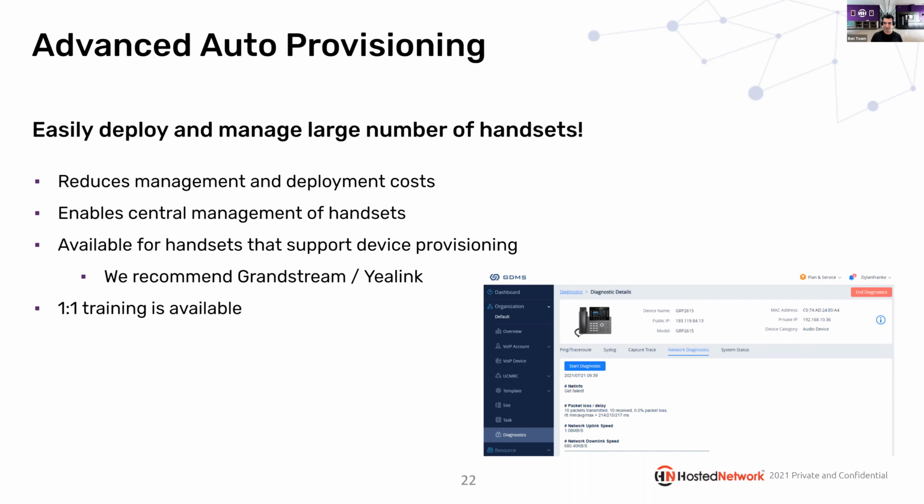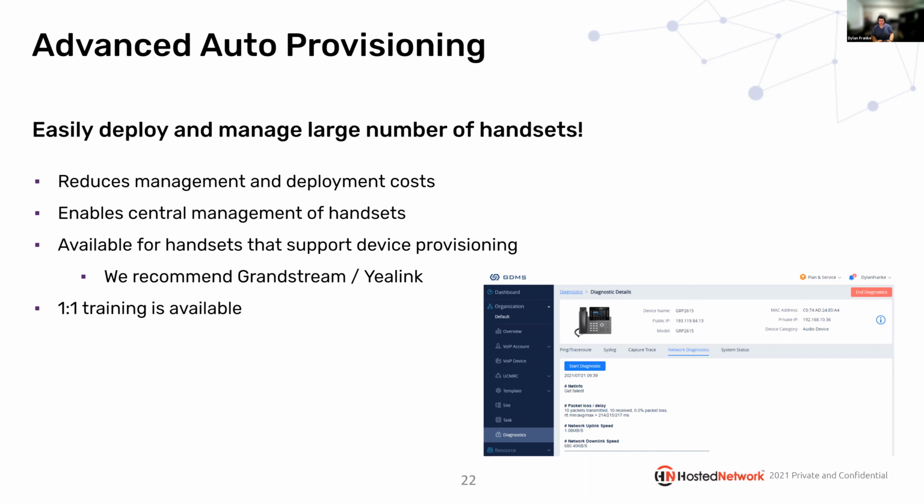And I should add there that any of the handsets that you buy from us, they automatically get added into this portal as well, right? So even if you haven't set it up, reach out to our support and we can set your access up to this and give you access to your handsets. Because that way you can actually, Dylan, run through the technical bits and pieces of what you can do in the GDMS portal. Yeah, so using GDMS as an example, because all the different portals are going to be slightly different,